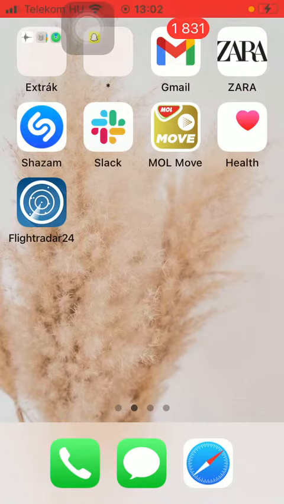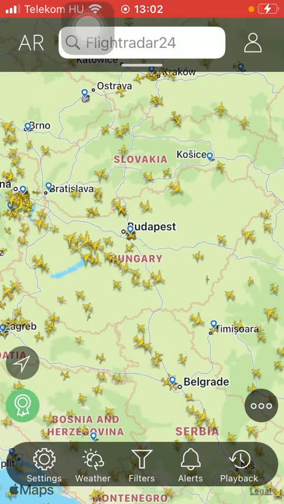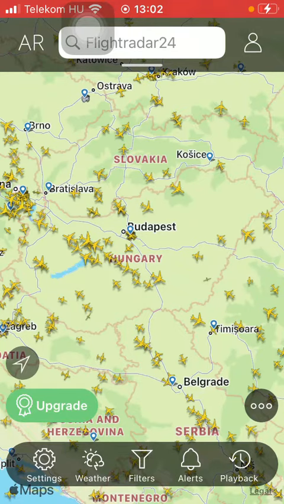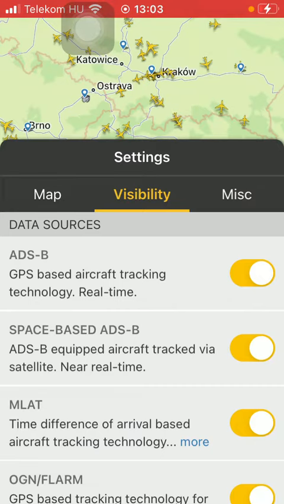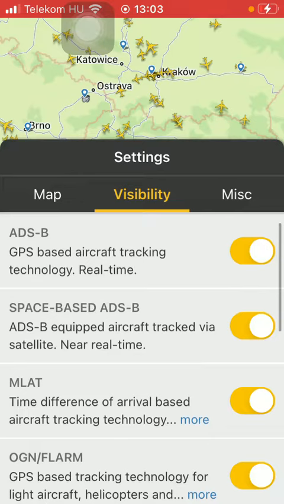So let's jump into it. First of all, open the application on your phone. After that you should tap on the settings button down below, which is the first option in the left side corner. Click on visibility, which is the second section in the settings, and here you can find these options such as